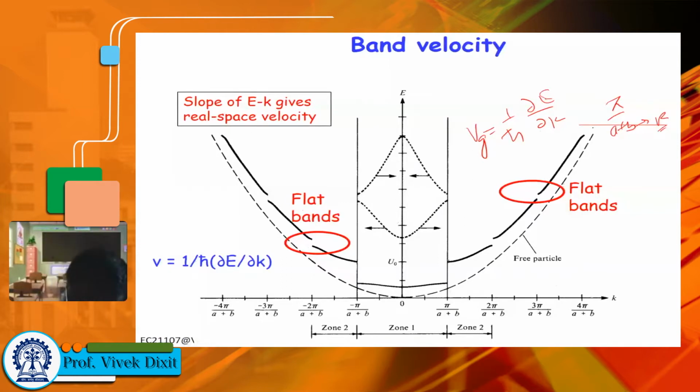So when they are folded, for example, you have this band here, then you will see here, this is 2 pi by a plus b, so you can shift it here. This is 2 pi by a, you can shift it here, so you get one band here. This is pi by a, so you have to shift it here, right? So this will shift here, so you will get something like this, and this will shift here, so you will get something like this. So you will have one band here, right? So these are basically resulting from the reduced zone, right? Otherwise, the actual E-k diagram is like this only, right? This is for free electron, and this is for